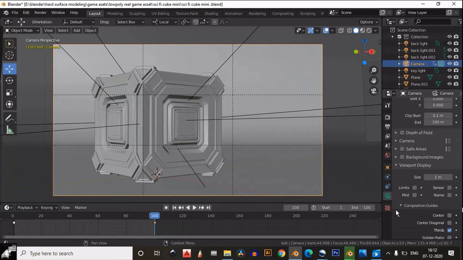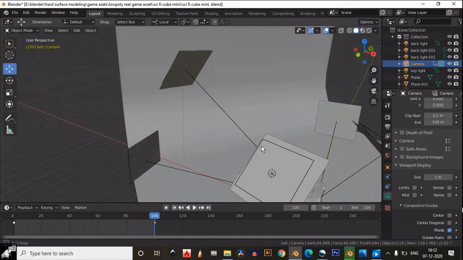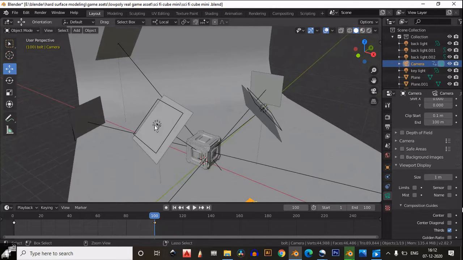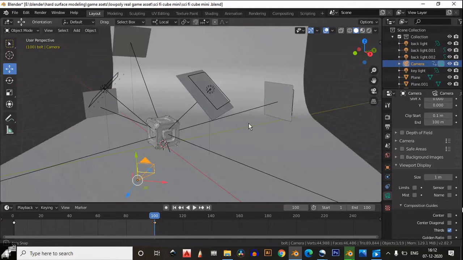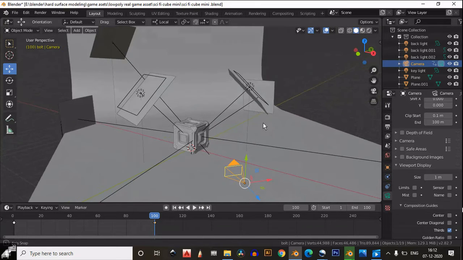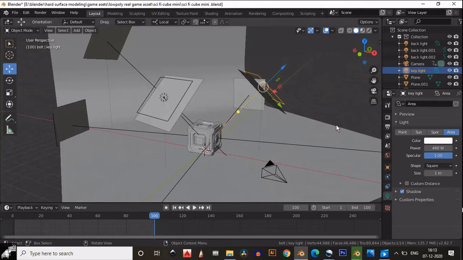And if you click on the camera and then click on this camera icon, you will get the viewport display option. There is an option which is the composition guide, so you can use it, and it is a helpful thing. Okay, then you can see this is the lighting setup. Basically I have used the 3-point light setup right here, but I needed to use 2 extra backlights. I will tell you why I used those backlights.